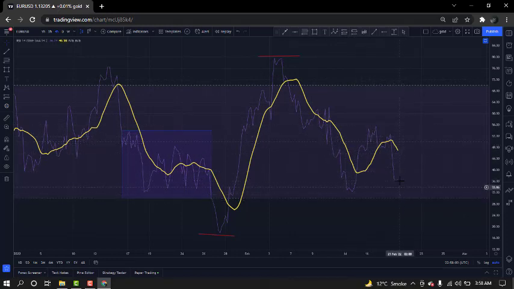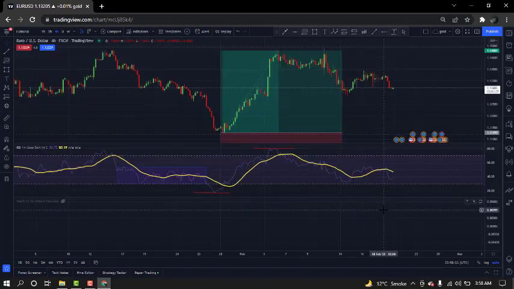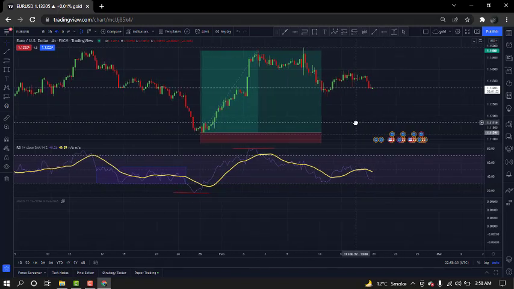Okay, if the RSI touches here, I suggest you take a position, but depend on other indicators too, analyze other indicators too, not only this or any single indicator. There is one more thing, RSI divergence. RSI shows the divergence of the market, or I can say RSI shows us the market trend.